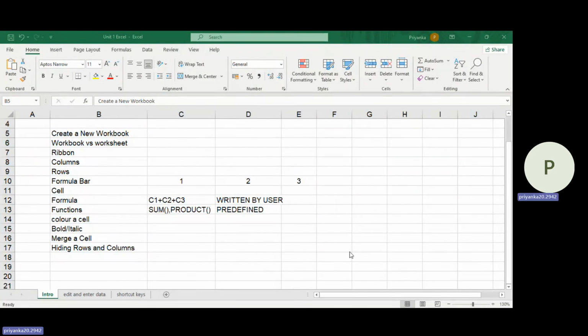So, hi all. This is the first session, which is nothing but an introduction to Excel. Excel is a wonderful data entry, data collection, and data visualization tool. And in this module, you'll be learning about how to create a new workbook, what is the difference between the